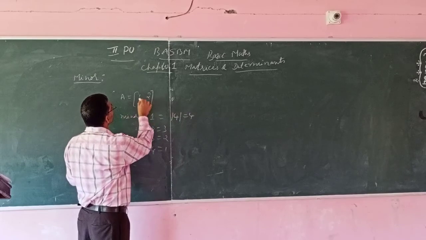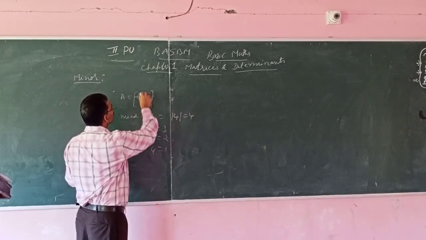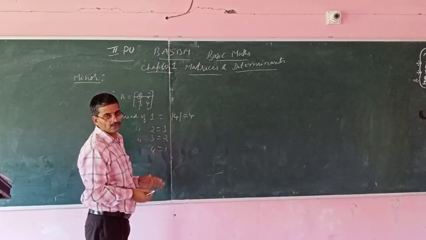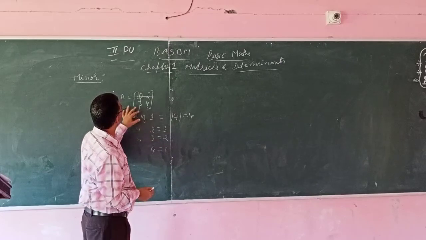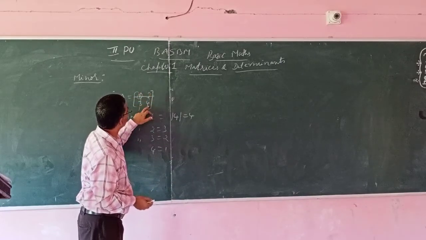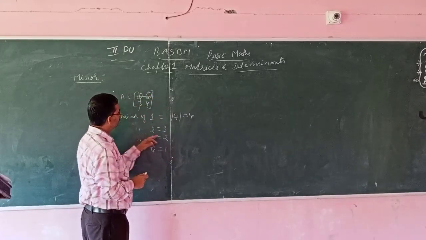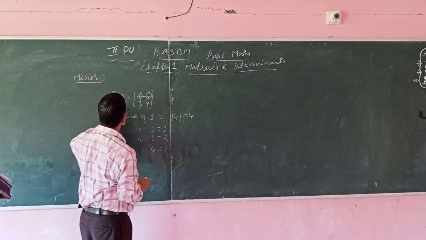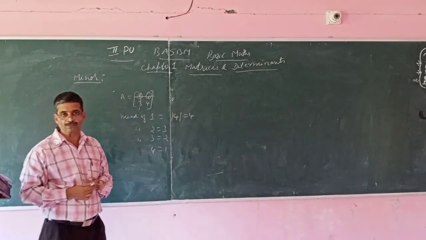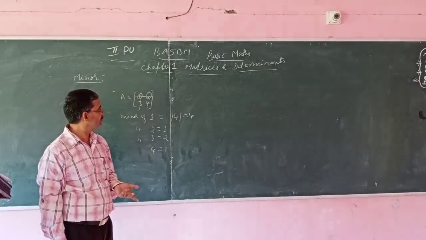So if you want to take minor of 1, don't consider this row, this column. So it is 4. Determinant of 4 is 4 only. Same way, minor of 2 is 3 only. So don't consider this row, this column for 2. So remaining 3. Like that it will go on. That is minor of these elements of order 2. Let us see about order 3 matrices.